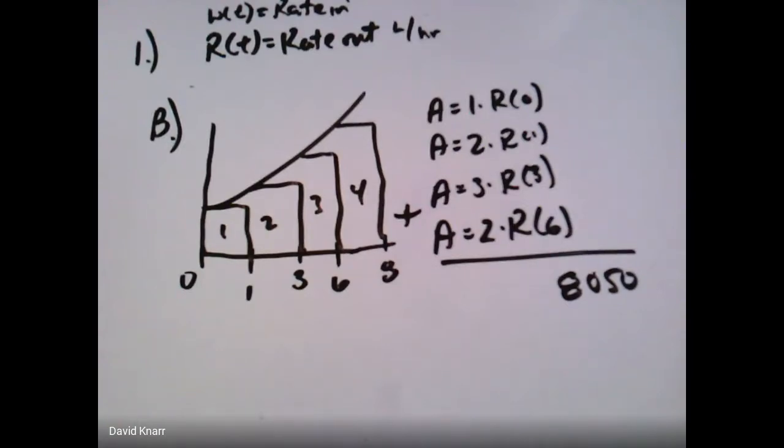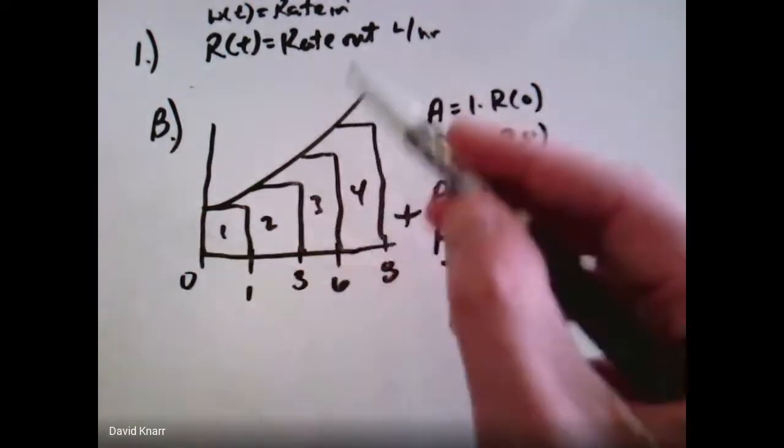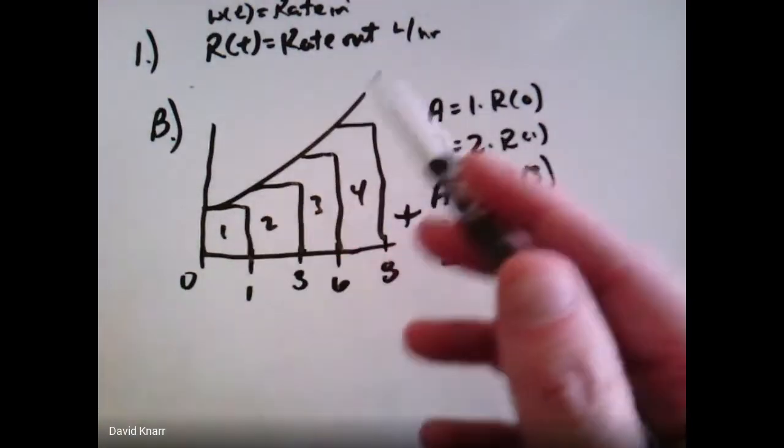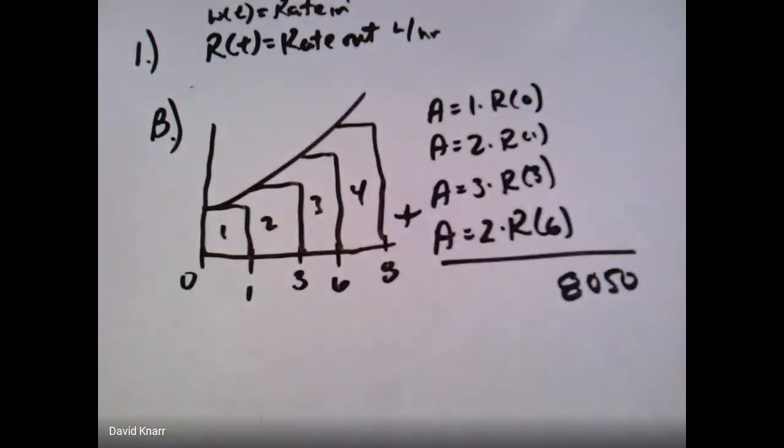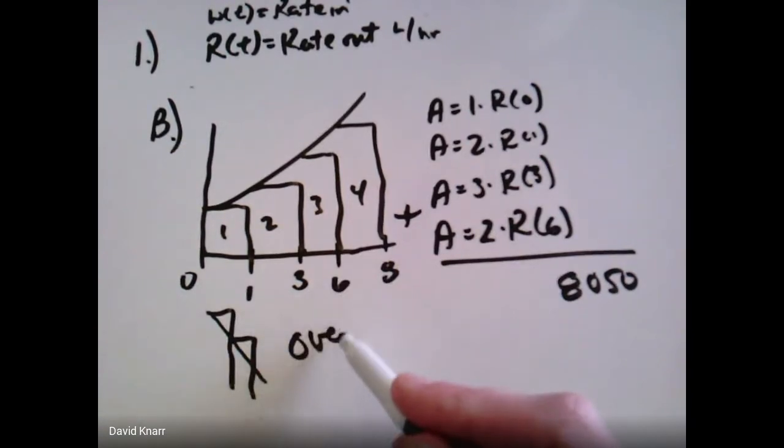It wants to know if it's an over or an underestimate of the total amount of water removed. So you need to know whether left Riemann sums are over or underestimates. To figure that out, remember, don't look at this picture. You just randomly drew this picture. You didn't make it model the data. You just drew it so that you could try to figure out what the areas were. You have to go back to the scenario. In the scenario, it says that it's decreasing. Okay, since this is decreasing, if you take a left Riemann sum, it's over. Okay, so this is an overestimate,